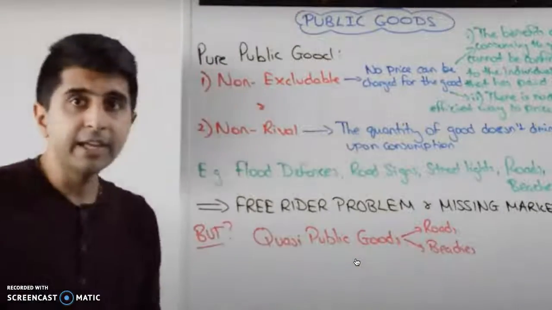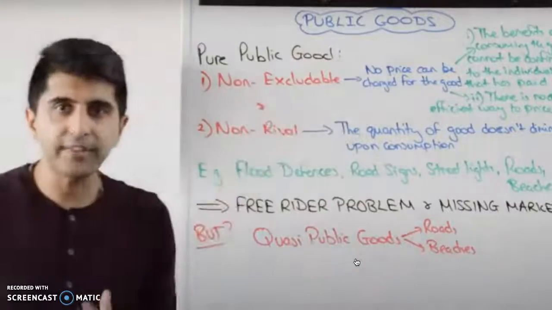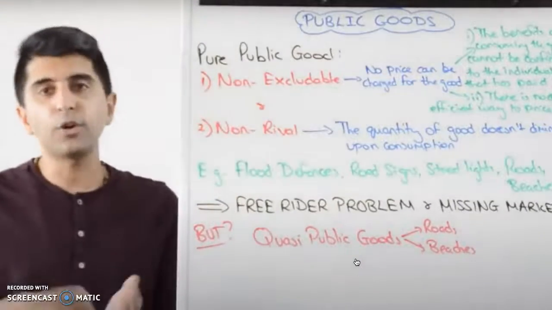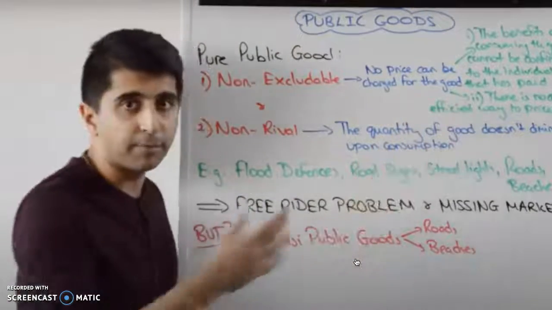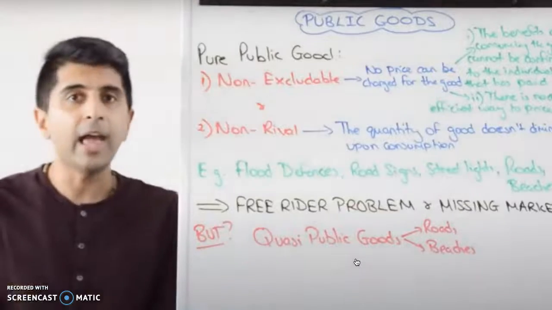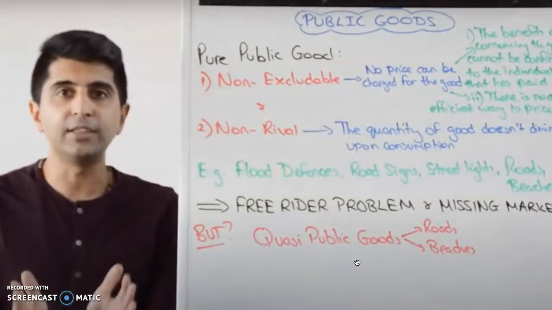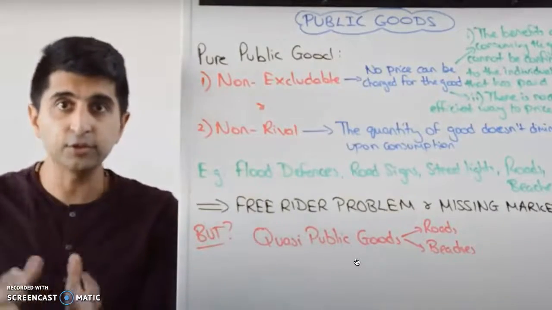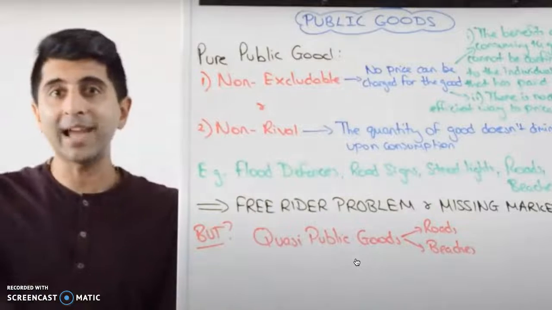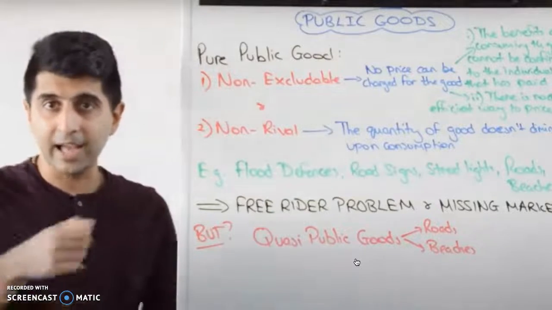So take roads. Can roads be excludable? Absolutely they can, through toll roads. Now, toll roads might not be the most efficient way of pricing, but it certainly can be done. And with technology improving in the world, it doesn't have to be a physical toll booth. It could be like a camera that scans a license plate and takes money away